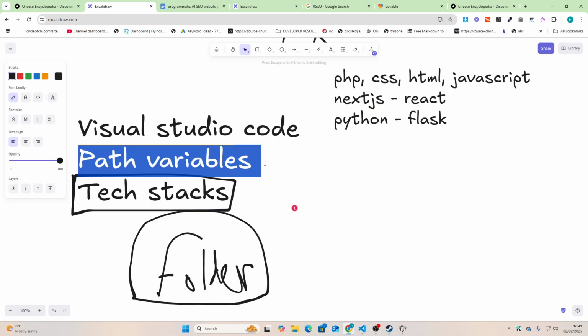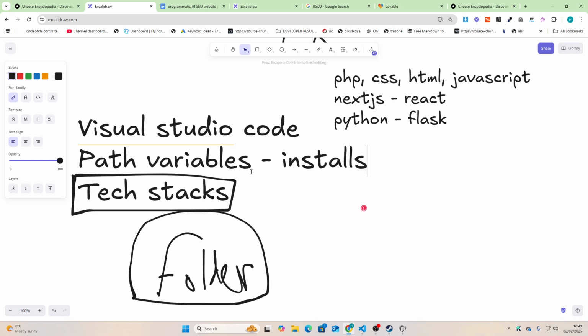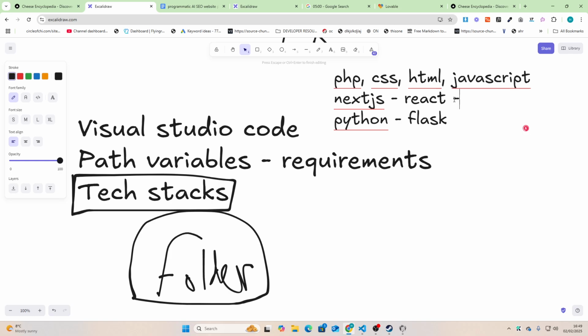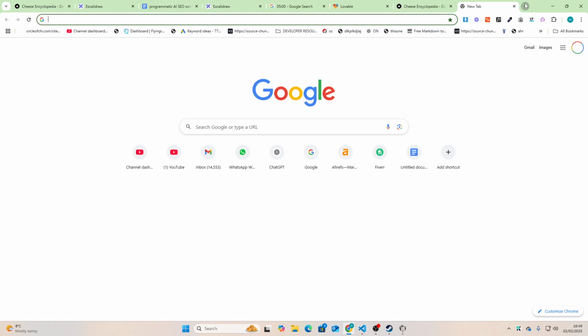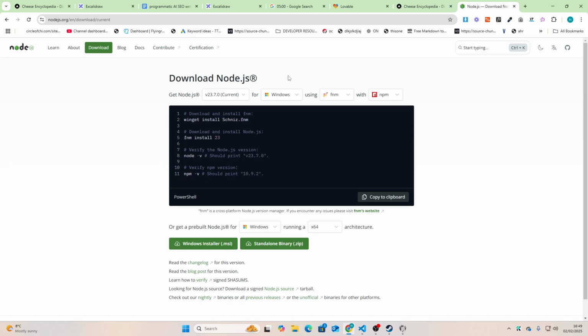And then the final thing are path variables, but then also installs. So we need to install some requirements, right? So one of those requirements is Node.js, which is what Next.js runs in for the backend, right? So just go on Google and write Node.js, and then download and install this, okay? But then if you're on Windows,